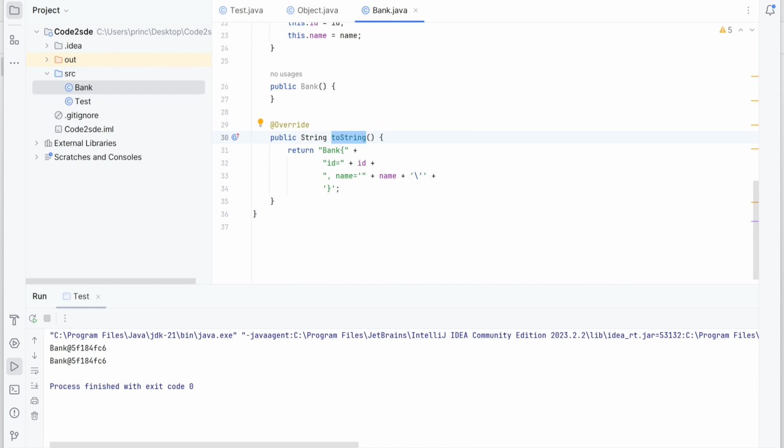If we have some instance members, we want the class name and then the instance member values. So the IDE generates it in a better way, and we can always prefer to generate the toString method using the IDE.